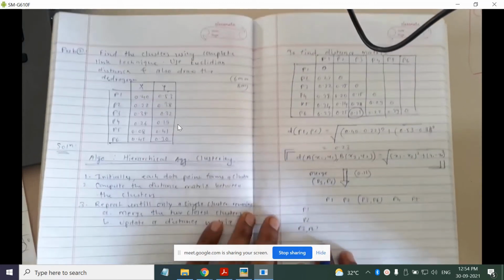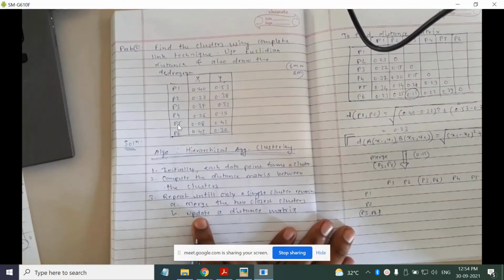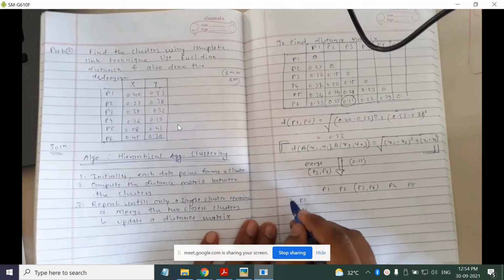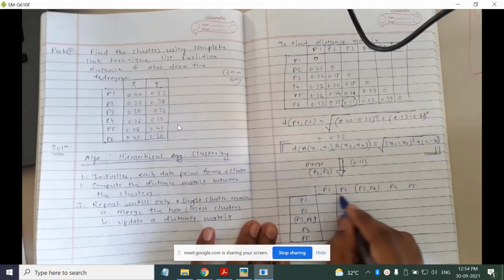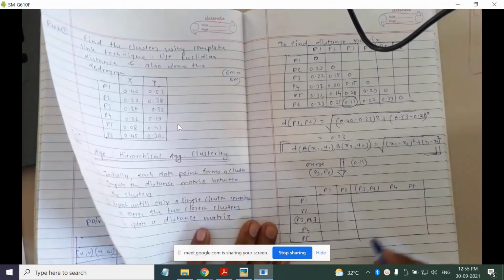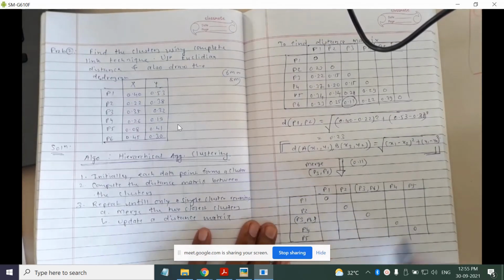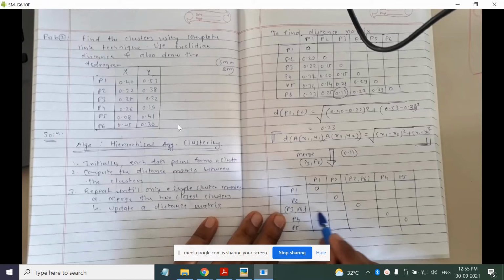So I am updating my distance matrix, which is step number 2. P4 and P5. Now for updating, they said to use complete linkage, and we know the formula is max in place of mean. Now here itself you decide which values you have to update. This row is new, so you have to update this, and this column is new, so this. Other things will remain as they are, so fill it quickly.